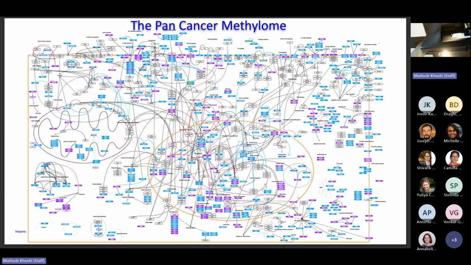We then took all our genes that were involved in the classification set and built a network model based on all the cancer pathway information available. And so this is what you get. So all the colored ones, whether blue or purple, are genes that were used in the classification. And the purple ones are genes that are either oncogenes or tumor suppressors, so genes that are directly involved in cancer.